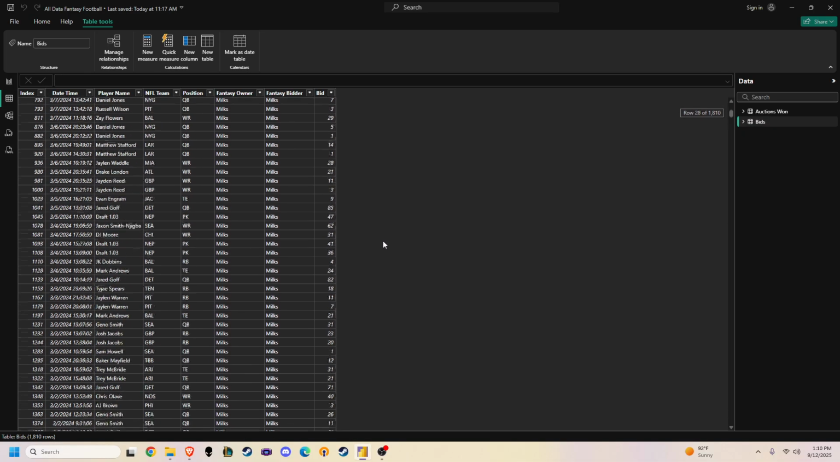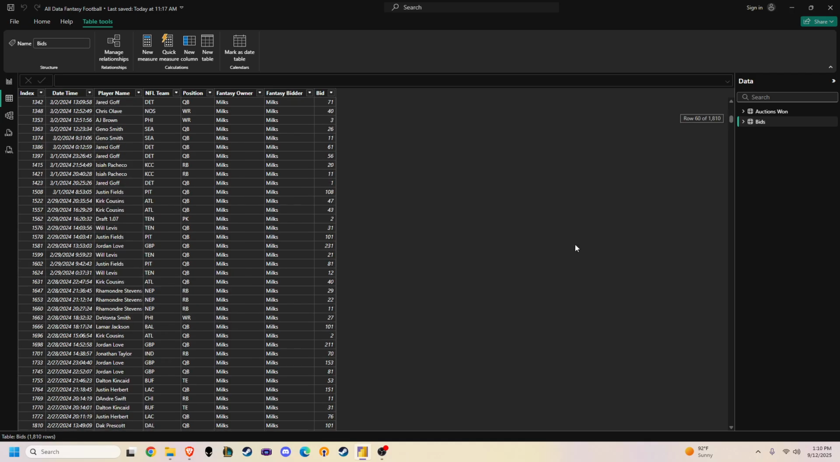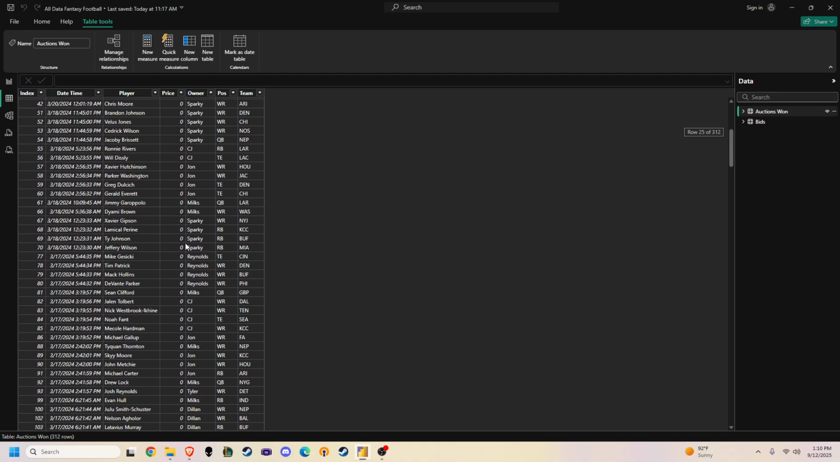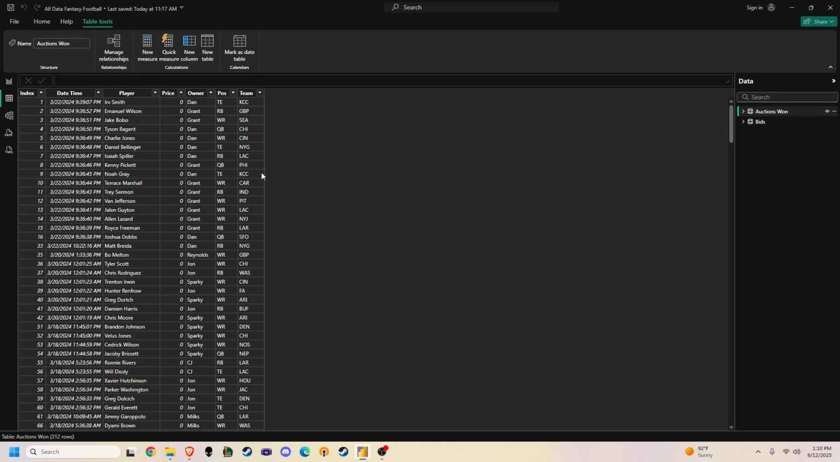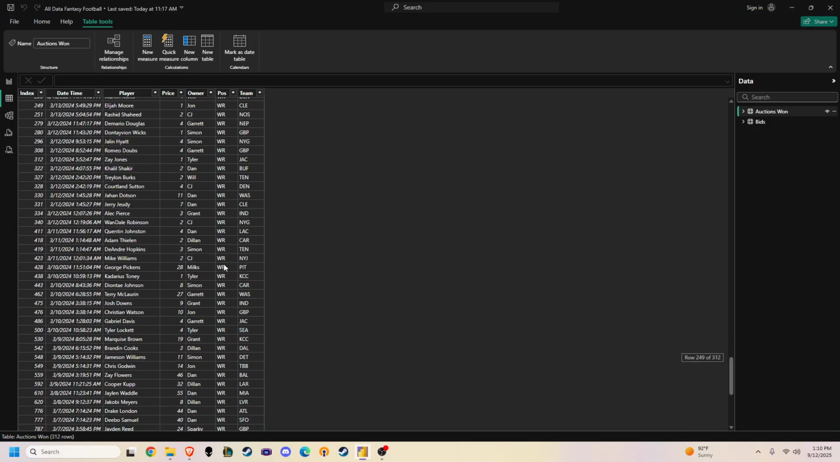This is just the bids data, and then auctions one is how I got the other piece of data I displayed. The date time didn't really matter, but the price, owner, position, team, and name was important for my display. And so that's